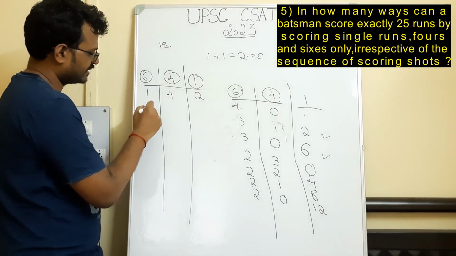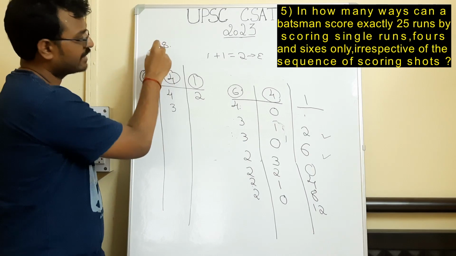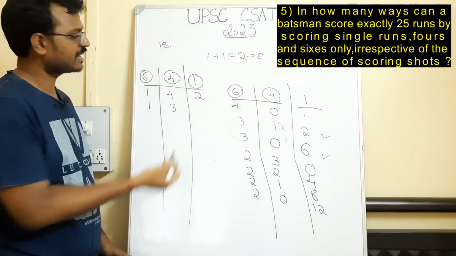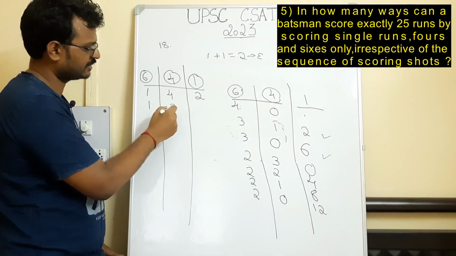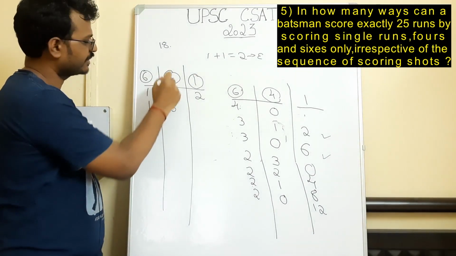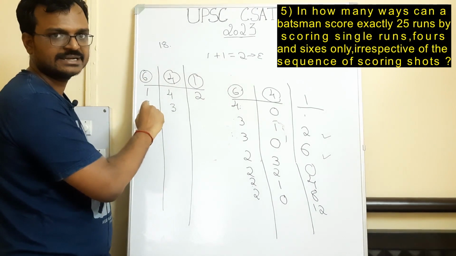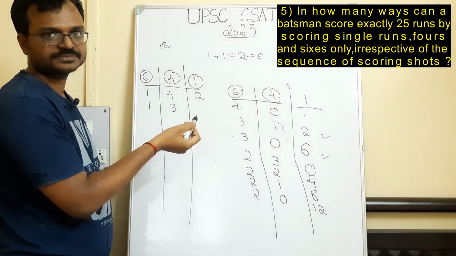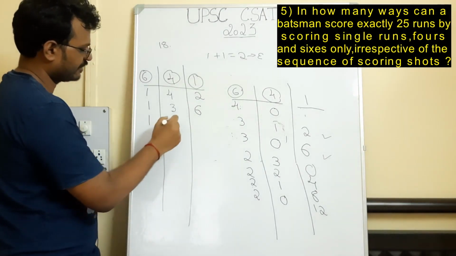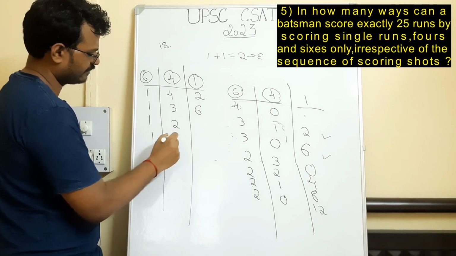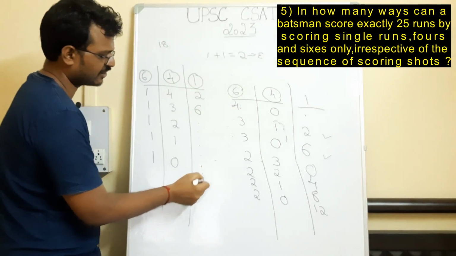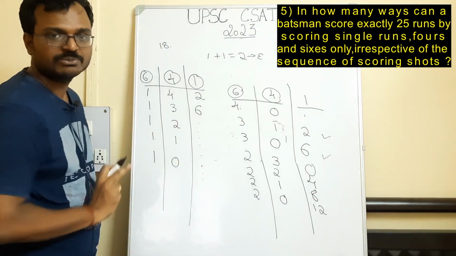When 6 appears once, 4 can appear either 4 times, that is the maximum number of times 4 can appear, or less than that. So we will assume 3 times. In this case, 6 into 1 is 6, 4 into 3 is 12, 12 plus 6 is 18, and we are left with 6, which is filled by these ones. So similarly, if you carry on, we'll get 4 twice, 4 once and 4 zero times, and you will have the corresponding ones. Actually this is not very important, we just need to know that these possibilities exist,